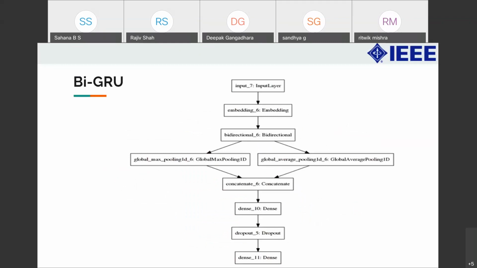So in the RNN model, the version we use is GRU, which is one version of RNN, and it captures the long-term dependencies. Also, in order to get the context of a word, you're not just depending on one side of it. It's bi-directional, so you get better context of why the word is used there. And in order to avoid the overfitting problem, we also use max pooling, and then we use a dropout layer. And then the dense layer, in order to find the probability, we use softmax there.